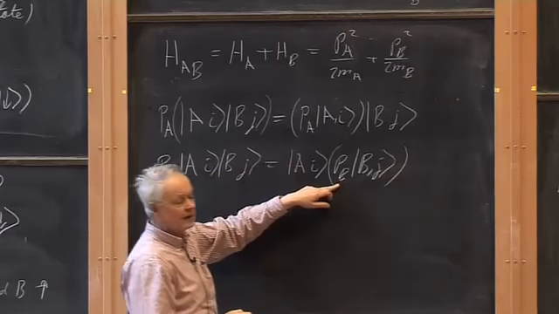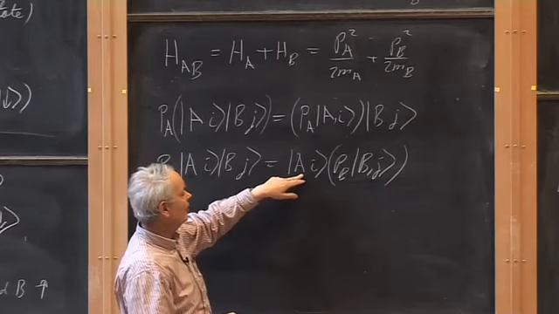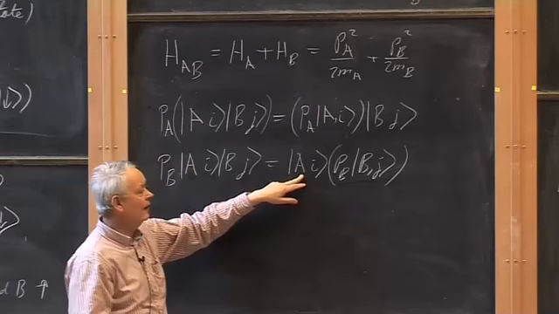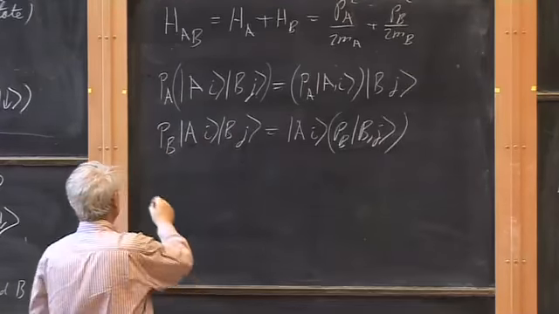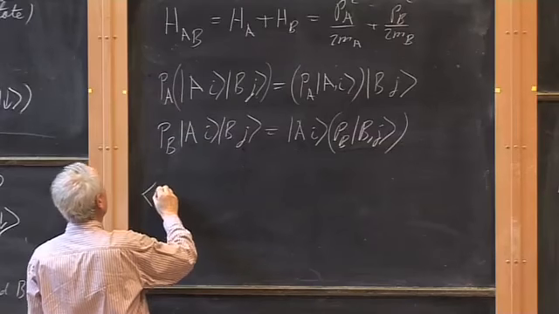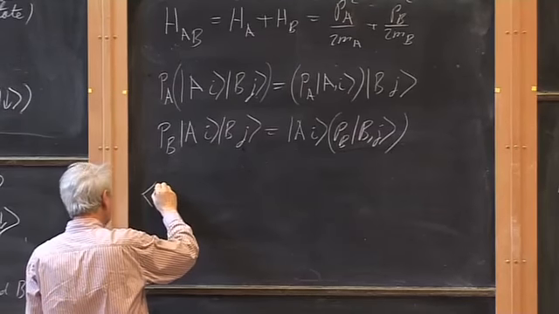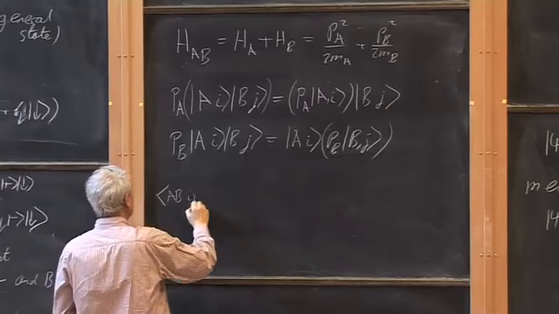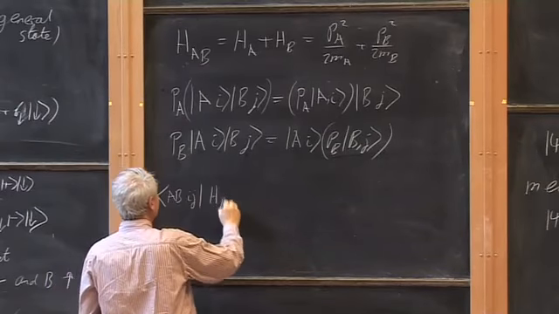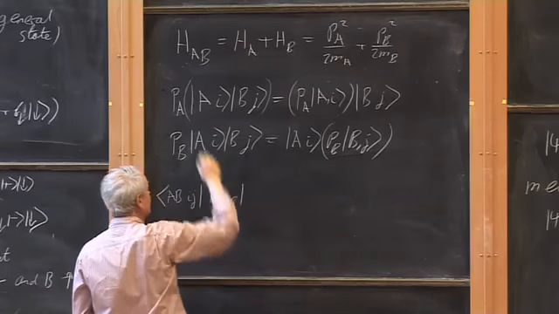This is a well-defined state of B, gets to be symbolically multiplied by this well-defined state of A, and there you are. So, for example, what would the expectation value